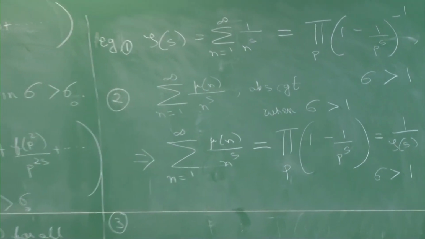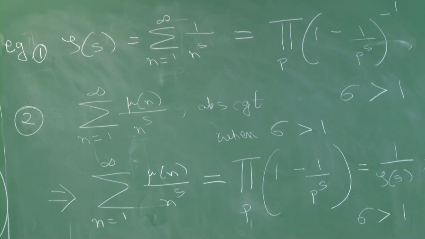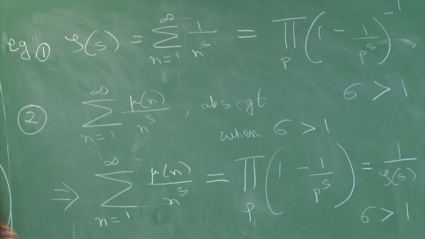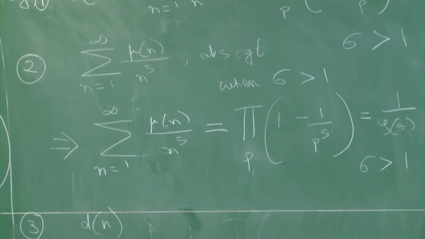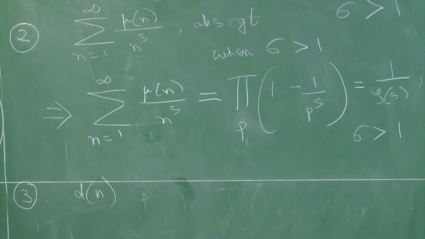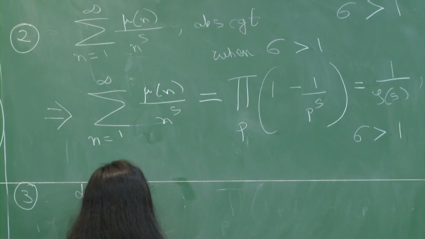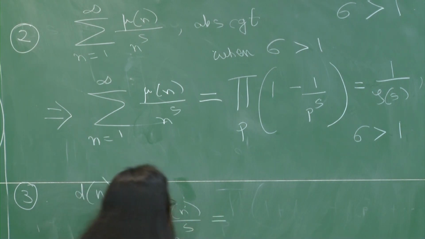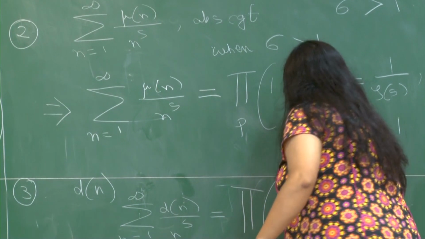Let us take the function d of n, which is the sum of divisors function, and you have verified on previous occasions that d of n is a multiplicative function, not completely multiplicative, but a multiplicative function, and therefore, your d of n over n to the s can be written as the Euler product, where